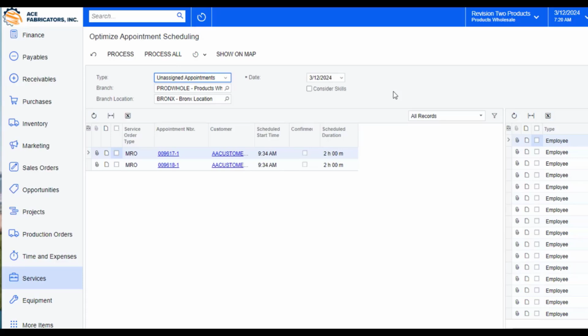It's going to automatically place it onto the technician's calendar. And I can also set it up to consider all the skills. So within Acumatica, if your technicians are only certified to work on certain items or equipment, or if they can only go into certain areas within your route map, you can consider those skills